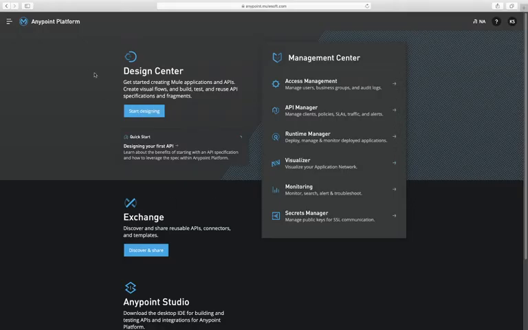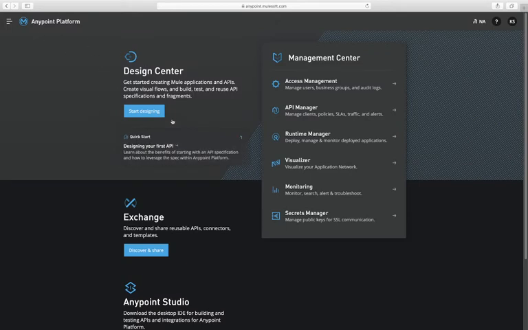So I'm inside my Anypoint platform account. One by one we will see all the capabilities of Anypoint platform. Actually, you can use this platform to do basic development and everything here, like you can develop and deploy. But for development purposes, you should prefer Anypoint Studio. Okay, so one by one we will see all the capabilities of this Anypoint platform.